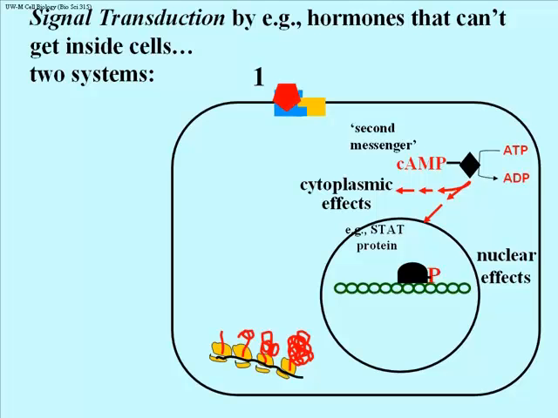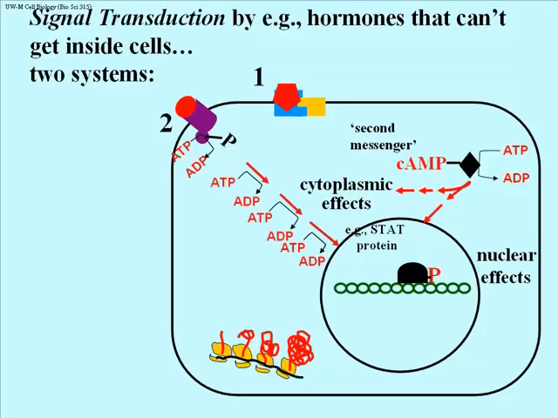Well, this is one kind of signal transduction. Let's look briefly at the other. The hormone is a polypeptide. Many growth factors act like this. They bind to a receptor on the surface of the membrane, which is also a kinase. So it's a receptor kinase. And the result is ATP donates a phosphate and actually phosphorylates the receptor itself on the cytoplasmic surface. And that then kicks off another phosphorylation cascade, and once again, the result is to phosphorylate a nuclear protein, which is a transcription factor, which can bind to DNA and turn genes on.